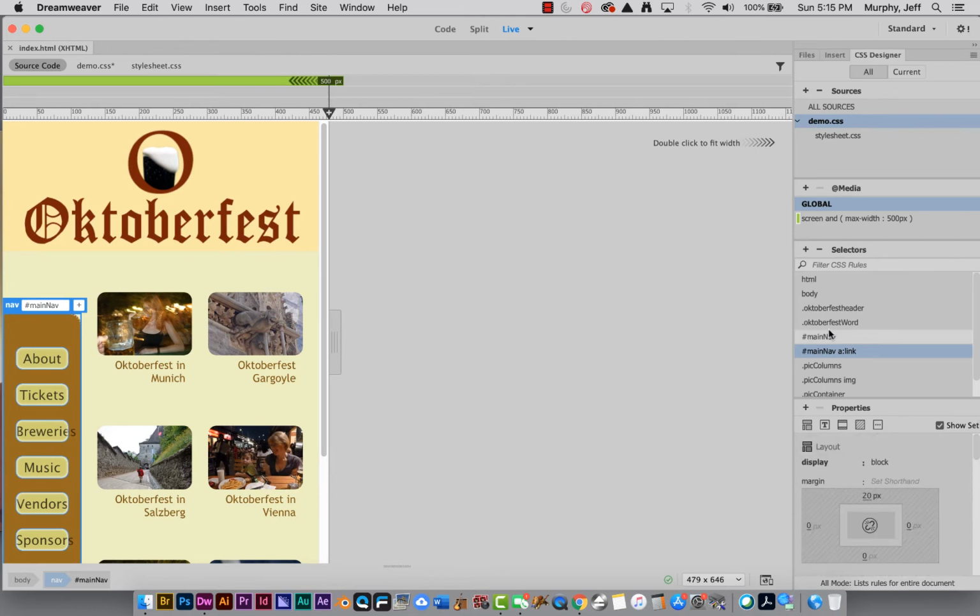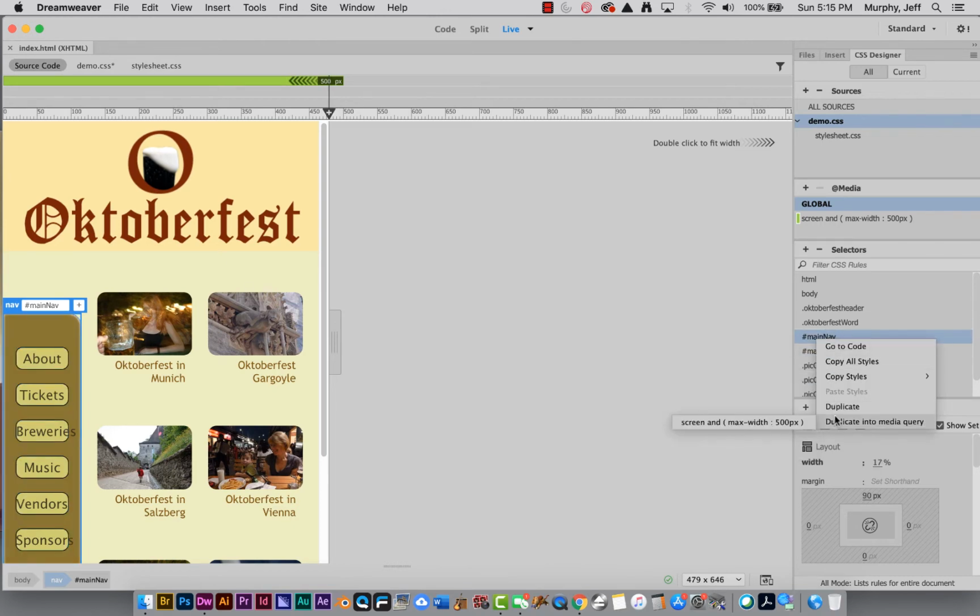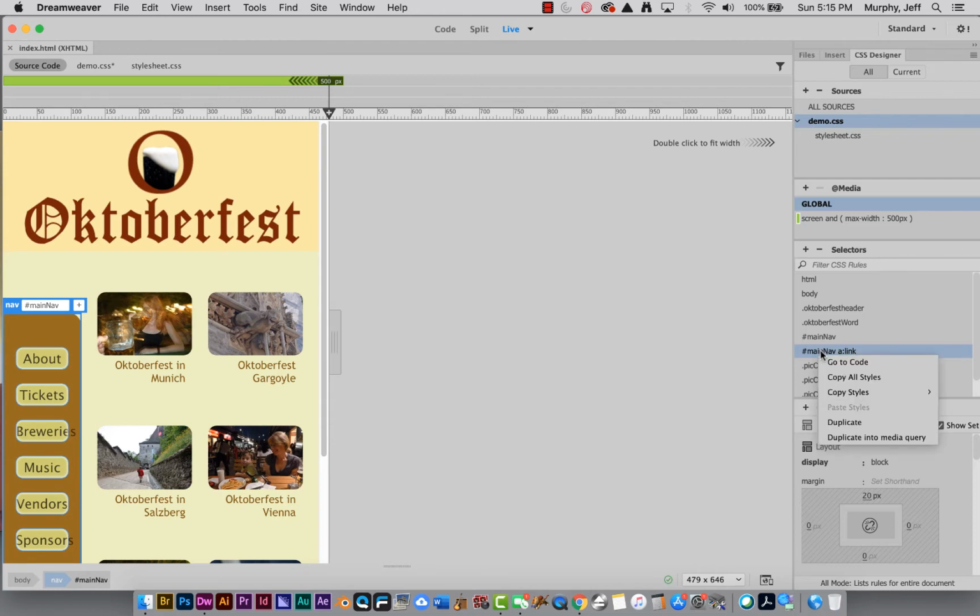So if you're not sure if you're going to have to change anything, what I would do is just go ahead and add them to your media query. So if I might need to change the links, which are forming those, I don't think I will, because for the most part they were formed by the content within inside of them. But I might want to change the size. So we're going to add it. All right, so I've added both the main nav,